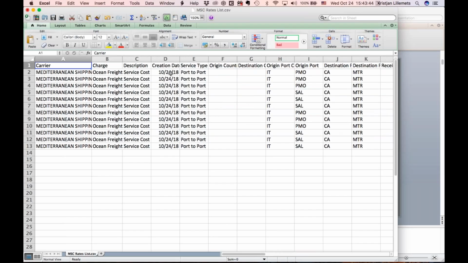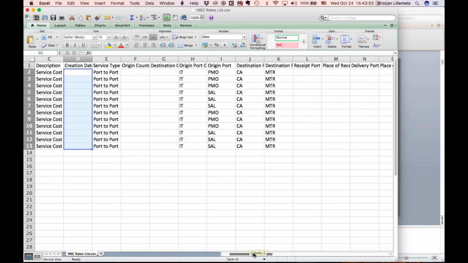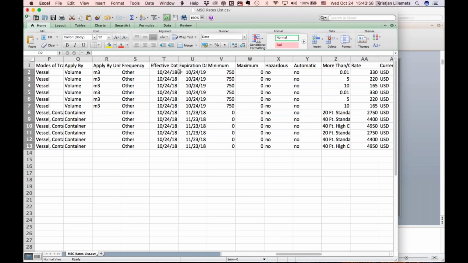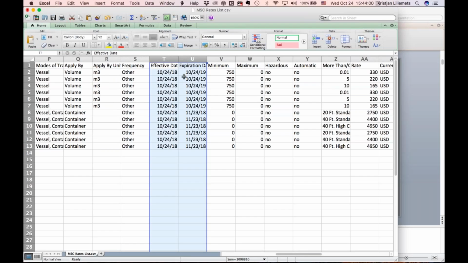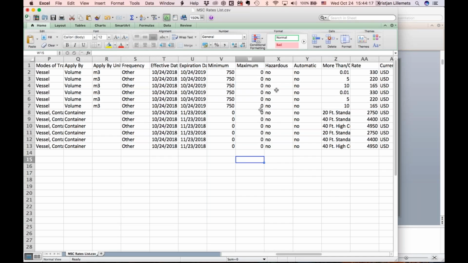Another thing to notice, this creation date I do not have to import because the system will set it as today's date anyway. Another thing to notice is the date formats. I don't want to get an error, so I will actually format these because my Excel is using whatever format it prefers. If I want this to be importable, our documentation mentions in the knowledge base, by the way, what the formats have to be, but I'll change this year to not get an error.